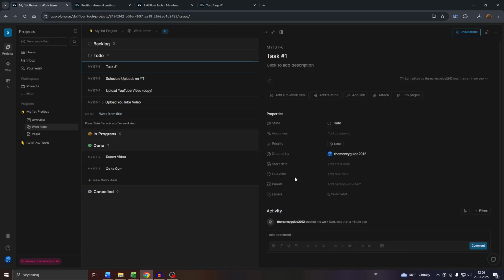So if you'd like to set a due date for a specific task, simply click into this button here and find your date. So today is November 23rd. Let us set the due date to next Sunday, November 30th, and that's it. You will see the change here at the bottom in the activity section,